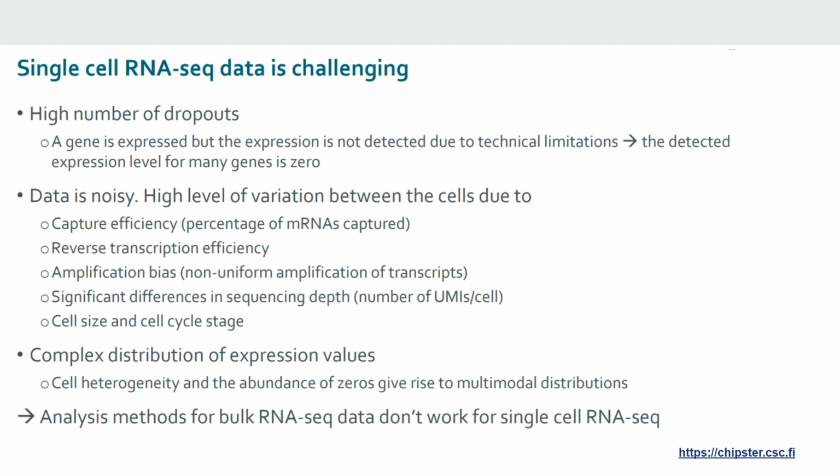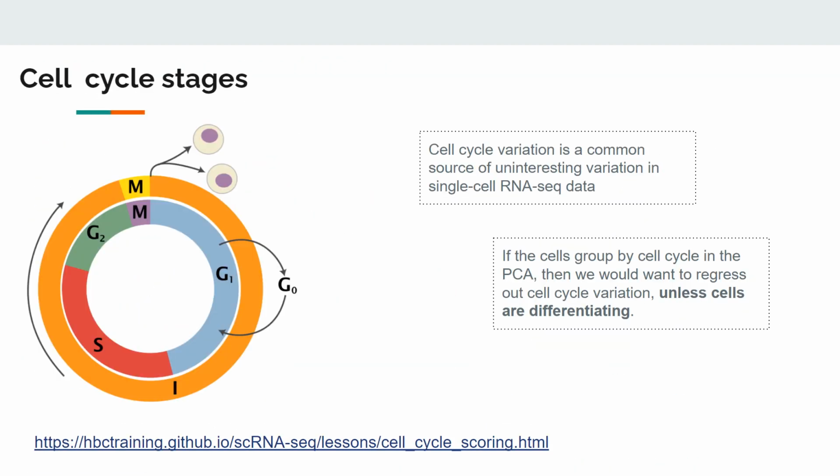And the last and very important one is the cell size and cell cycle stage. So we have the cell cycle, right? A cell goes through different cell cycle stages, like the G1 phase, the first growth phase, then the G2 phase, the second growth phase, then the S phase, where the cell has already grown. Now it is preparing for cell division, because mitosis, right? The cell has to divide and produce its offspring. So it enters the S phase, where the cell division will start, and finally